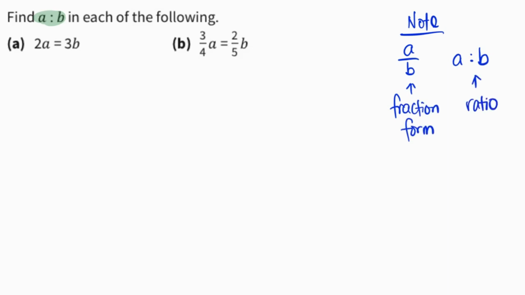This is what we are going to be using later on for this particular kind of question. We will try to establish the fraction form first so that we could get the final answer in the ratio form. So for part A,